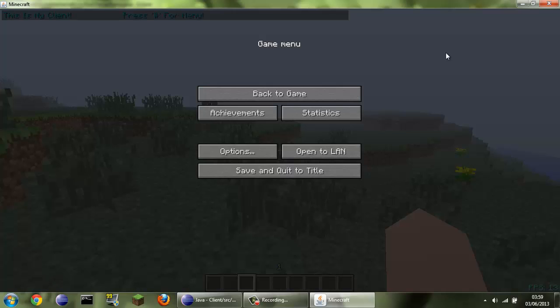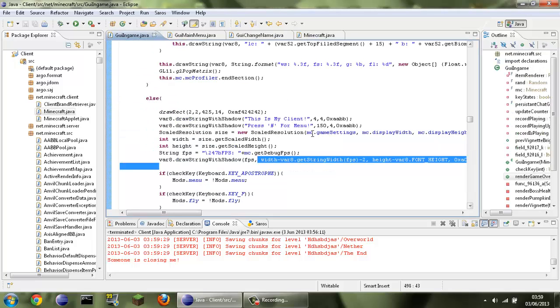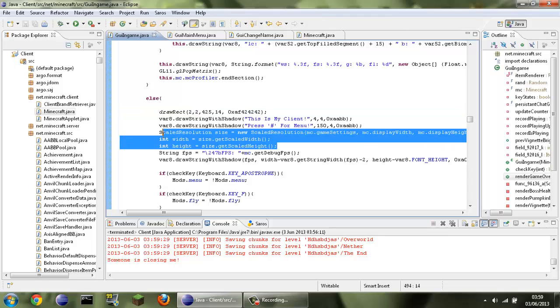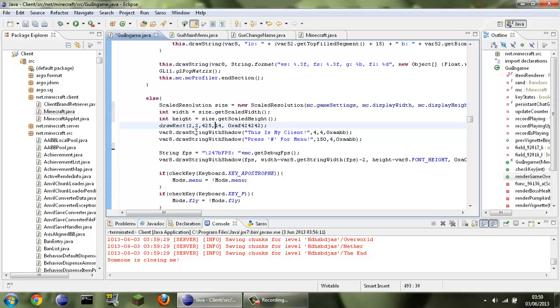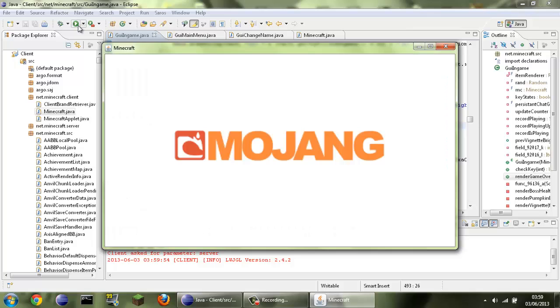Yeah, and as far as the width of this bar, I'll give you one quick tip as well. GUI in game, draw this, and it will be... Actually, let's just move that here. We're going to say 425. We're going to say width -2. So basically this box will expand for the whole screen just according to what size your screen is, instead of just being